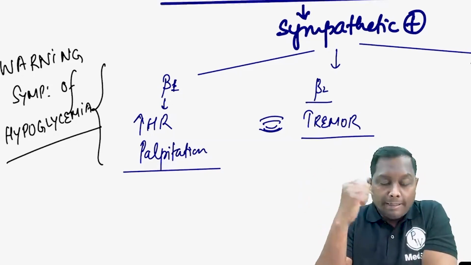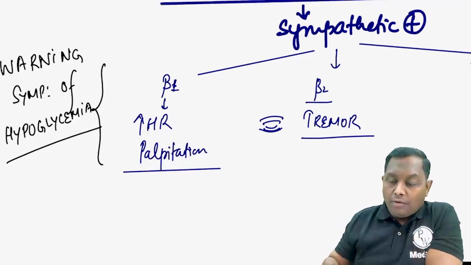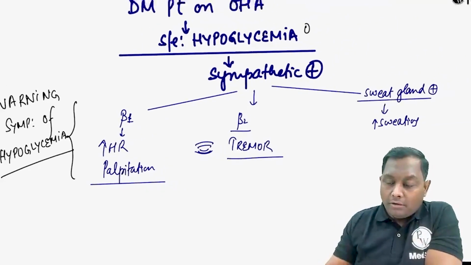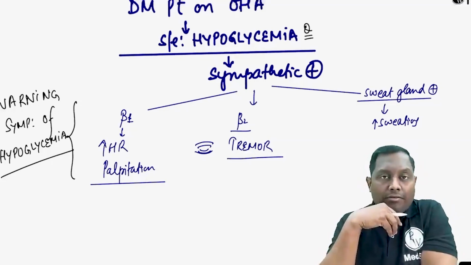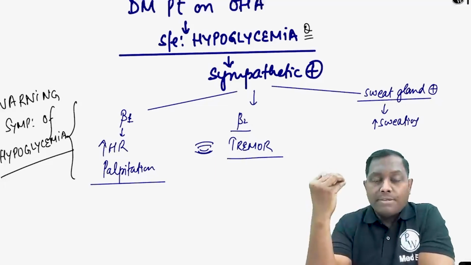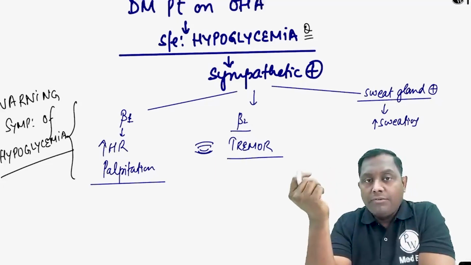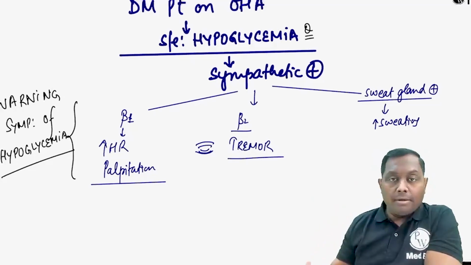So whenever there is any patient on anti-diabetic drug or patient on insulin, they always have a feared complication, a feared side effect that we can always be afraid of, that there can be always hypoglycemia. That is why we always say that you keep something sweet with you or eat something sweet if you get this kind of symptom. So whenever they get this kind of symptom, remember the liver of the body will get the